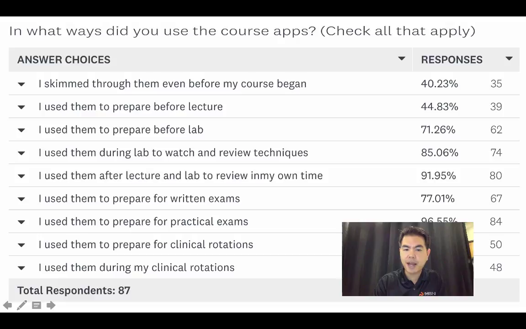I use them to prepare for practical exams. And more than half the class are using them all the way into their clinical rotations. So you have to ask yourself, are my students using my textbooks all the way into their clinical rotations? These apps follow them in their pocket from the beginning of class, even before you teach content, all the way